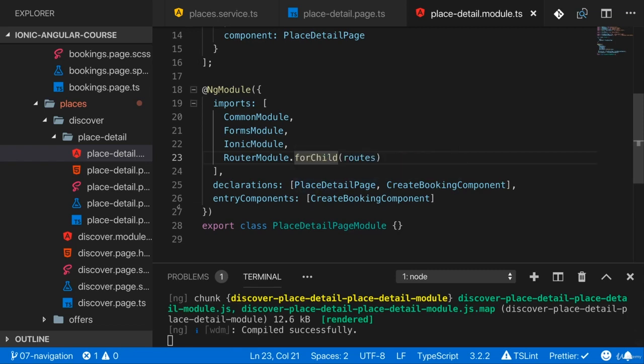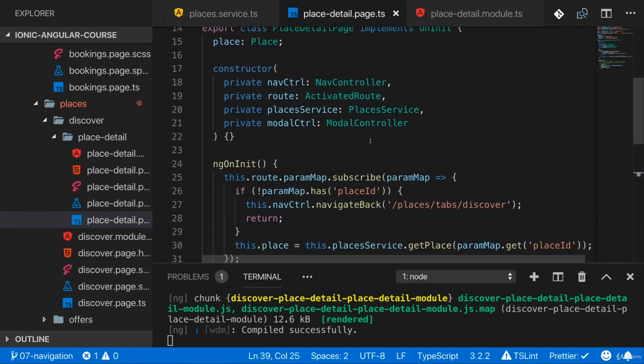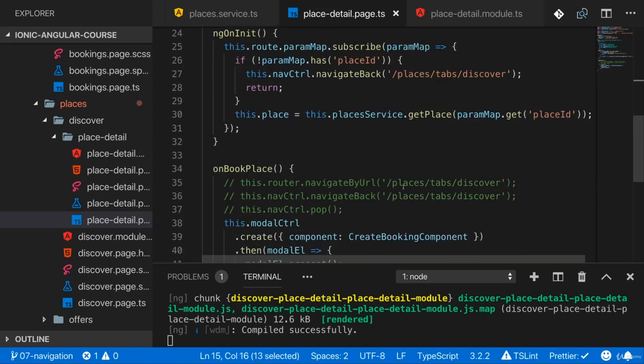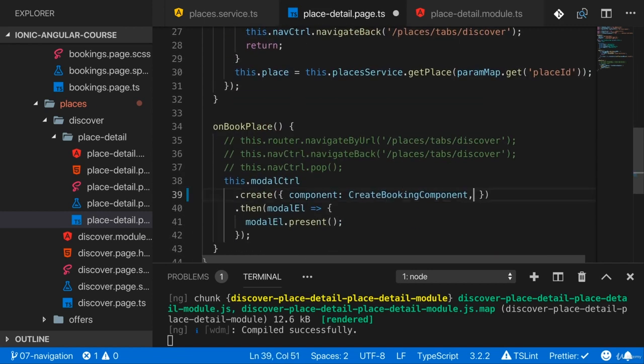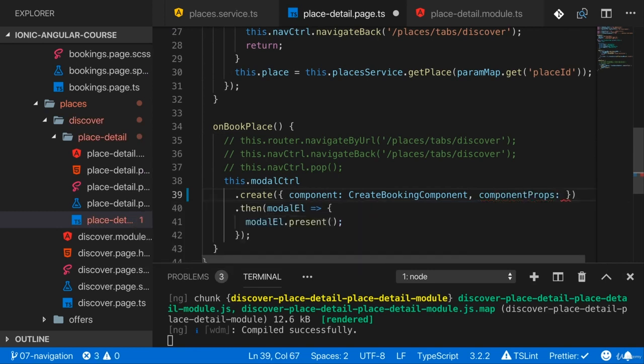Passing data into the modal is pretty straightforward. Here, where we create that modal, we probably want to pass in the place for which we're opening it. That is the place we want to book after all. You can pass data into a modal by adding that component props property to the object you pass to the